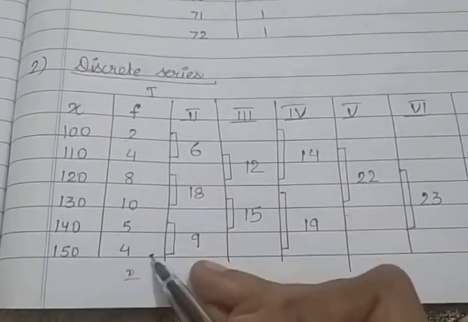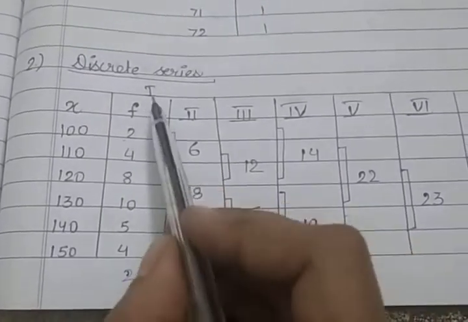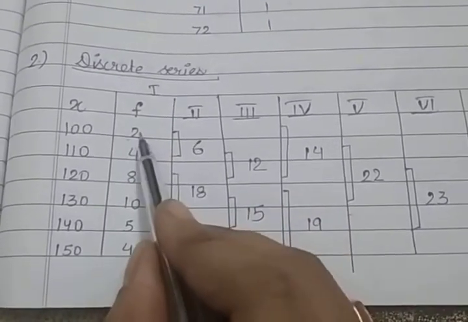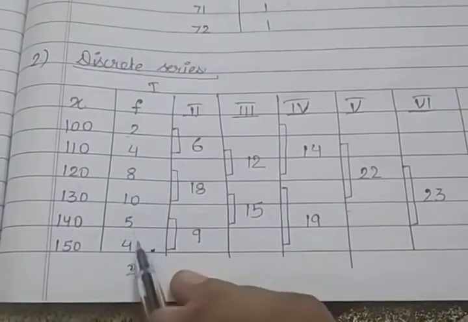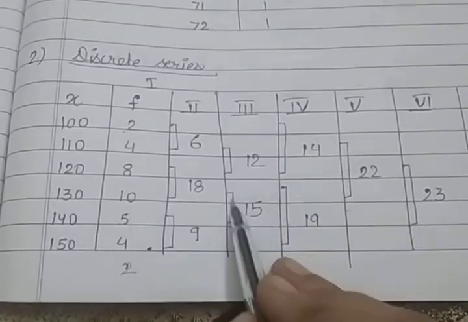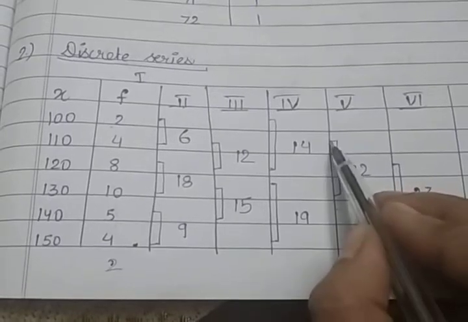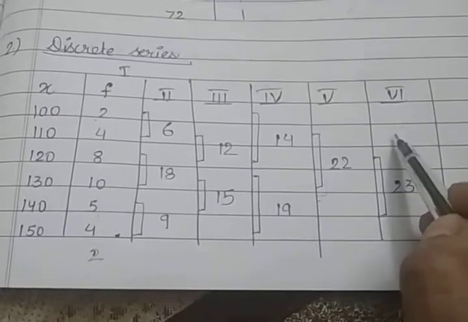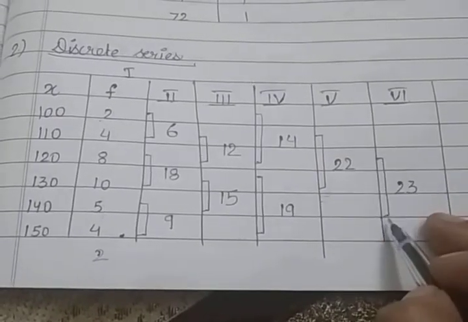Now I'm repeating again. First of all, whatever frequencies are given to us, first consider that as the first column. In the second column, you have to add the first 2, next 2 values, next 2 values. In the third column, leave the first value, then add the next 2, next 2. In the fourth column, add the first 3 values, then the next 3 values, then the next 3 values. In the fifth column, leave the first one, then start adding the next 3 values. And in the last column, leave the first and second value, then start adding the next 3 values.